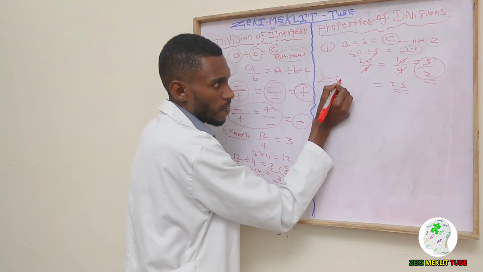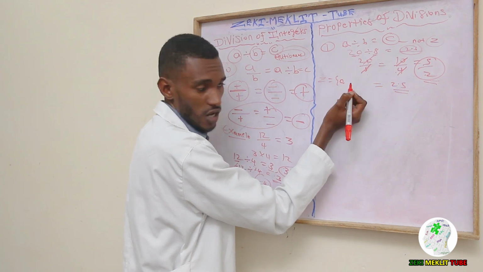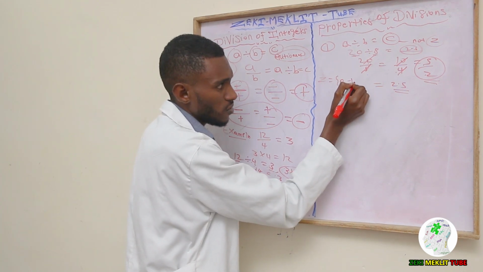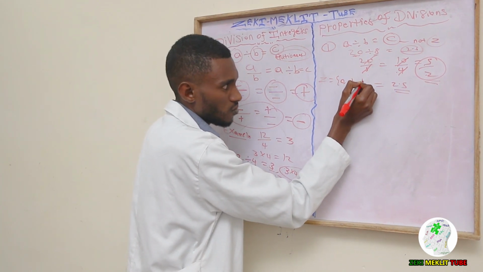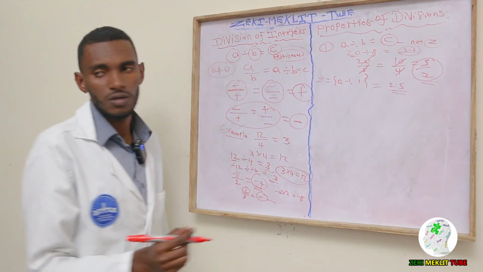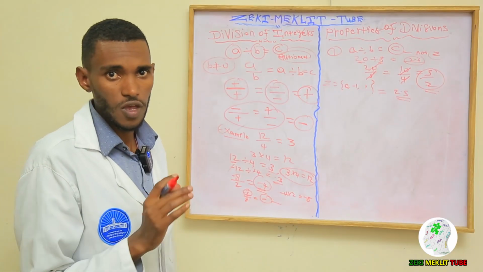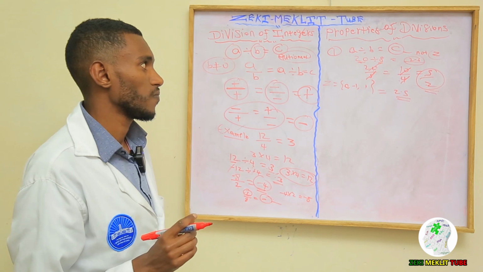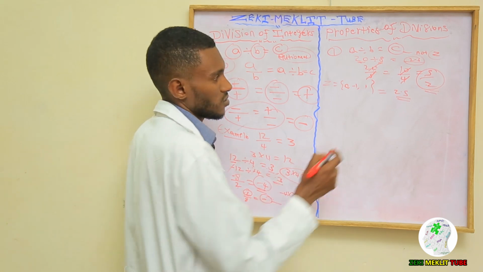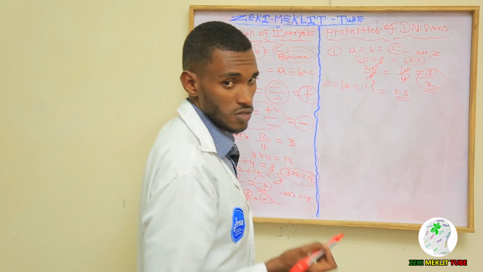Integers consist of positive numbers, 0 which is neither positive nor negative, as well as negative numbers, as well as what? Positive numbers. So this is not an integer. So the quotient of any integers, that means the quotient of any two integers doesn't always give, it's not necessary